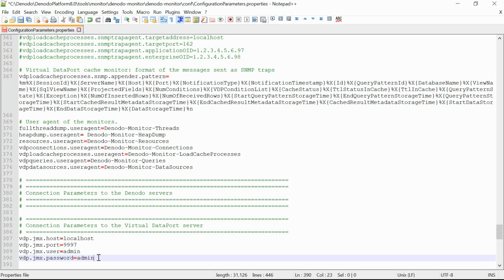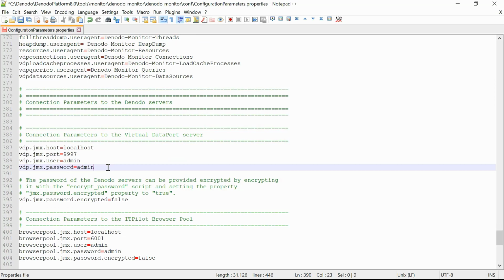Each monitor will read these properties to know the URI and credentials of the server it has to monitor. Note that the JMX password parameter can also have the password in encrypted format. To have an encrypted password, you would have to set the value of the property JMX password encrypted to true. By default, this property is set as false.